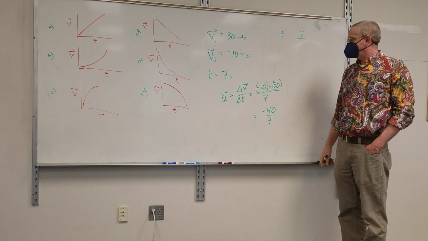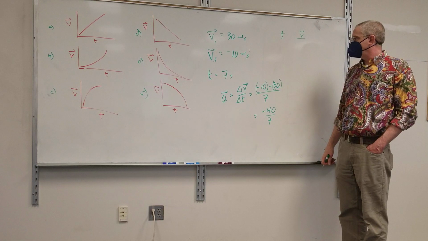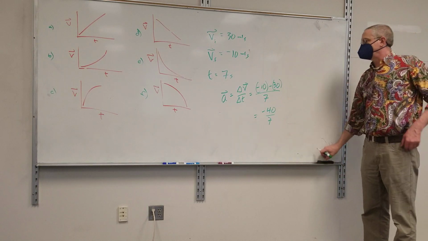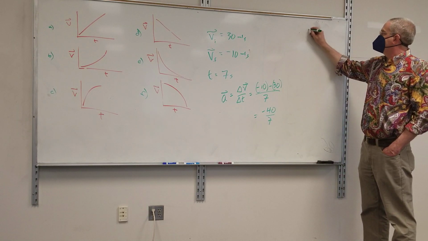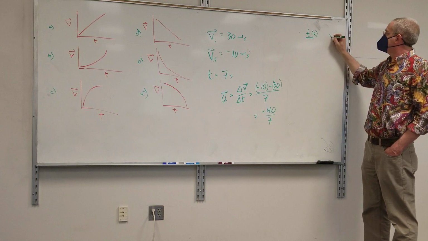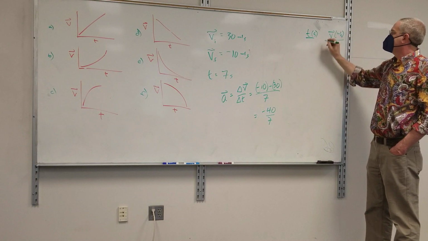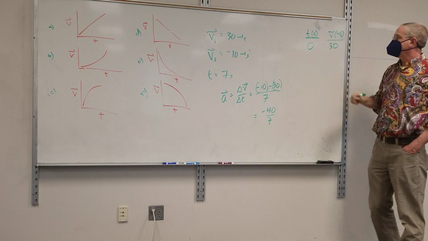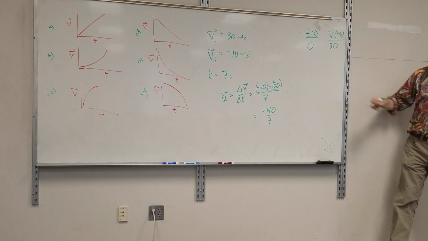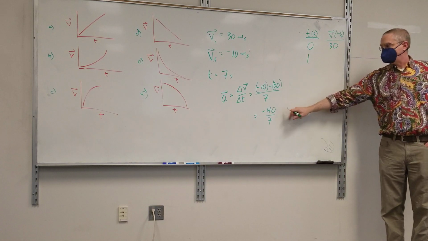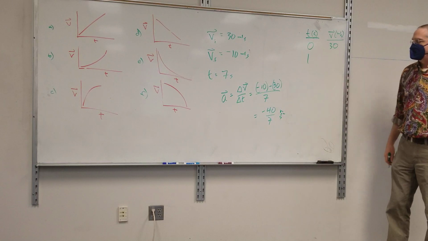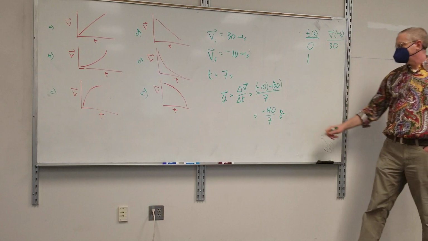That is just horrible. I might change that. Nah, let's go with it. I shouldn't have picked sevenths. So time in seconds, velocity in meters per second. At 0, I'm going 30. After 1 second, my velocity changes by negative 40/7 meters per second each second. So that's negative